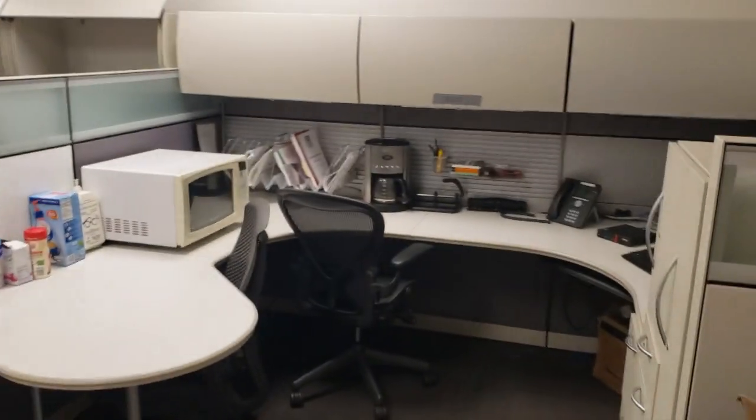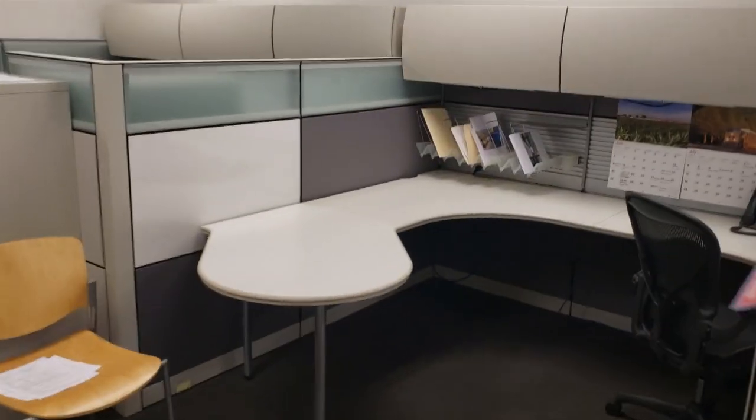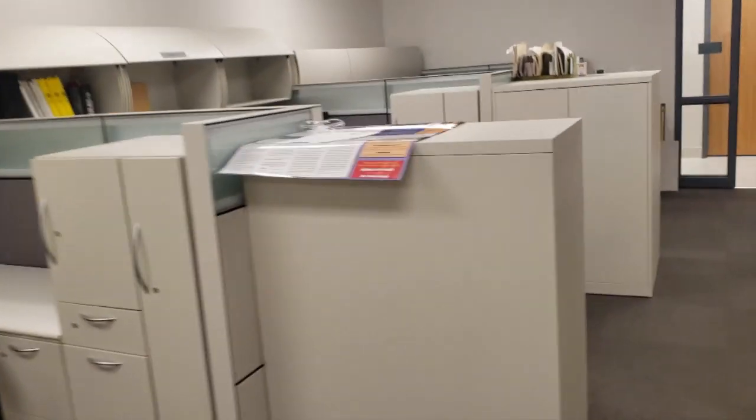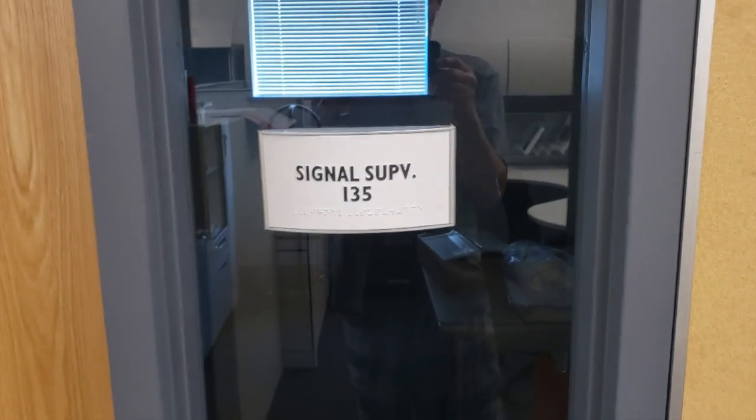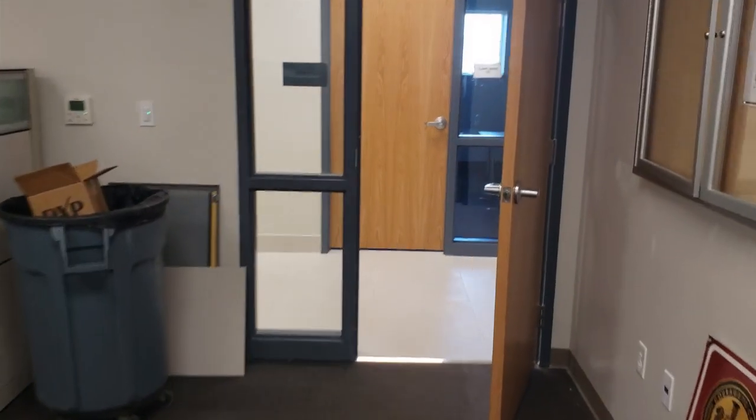And this is the signal engineering office. Makes them sound a lot more important than they really are. This is where my buddy Don Ehler will be working out of, and Andrew Serta, the Sand Cut maintainer. I do not know Jose is the Bakersfield maintainer, but I don't know him. I've only met him one time. But anyway, they've got their own little things. We got an office for the signal supervisor. And that is Nico. I can't remember Nico's last name. But